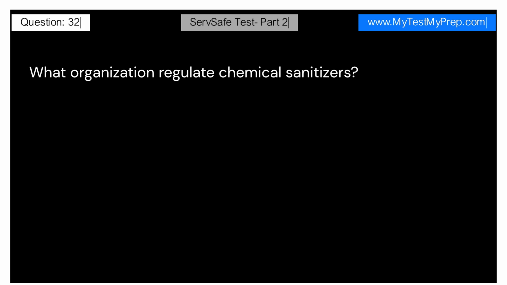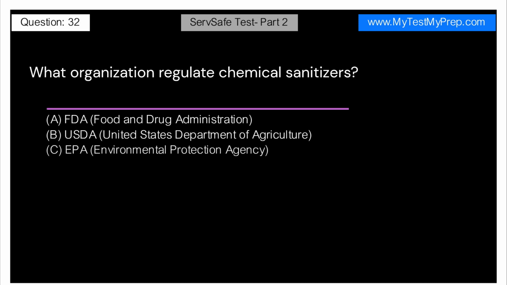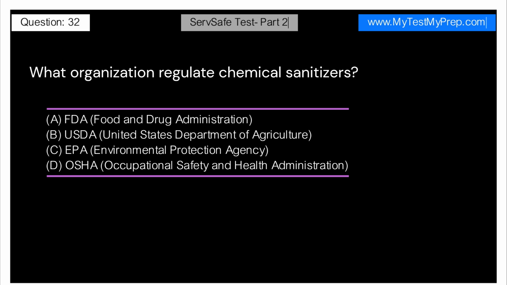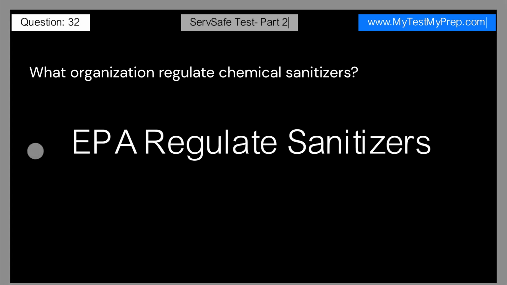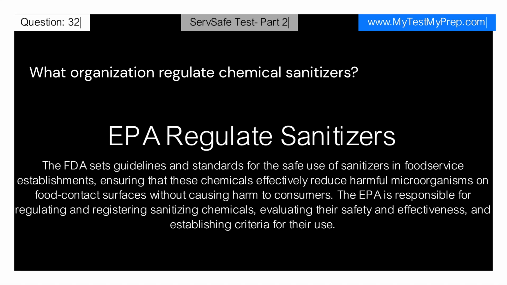What organizations regulate chemical sanitizers? A. FDA, Food and Drug Administration. B. USDA, United States Department of Agriculture. C. EPA, Environmental Protection Agency. D. OSHA, Occupational Safety and Health Administration. Answer C. The FDA sets guidelines and standards for the safe use of sanitizers in food service establishments, ensuring that